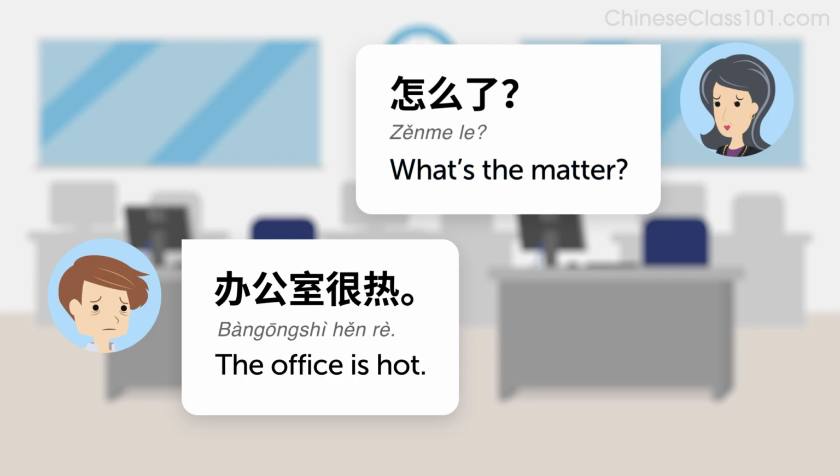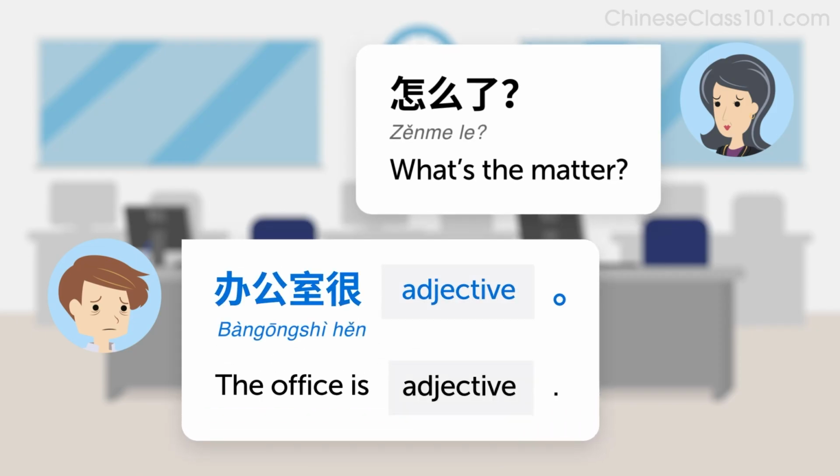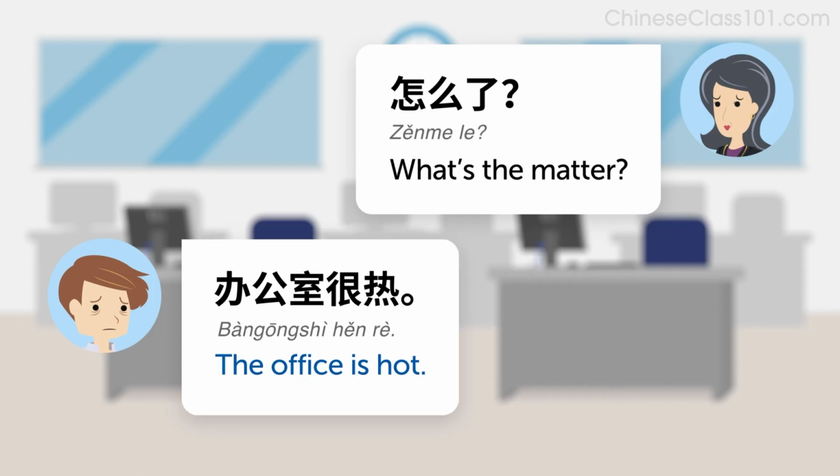Now, how do you answer this question? The pattern is 办公室很 adjective. This Chinese sentence literally translates into office very adjective, but it means the office is adjective in English. For example, the office is hot. 办公室很热。